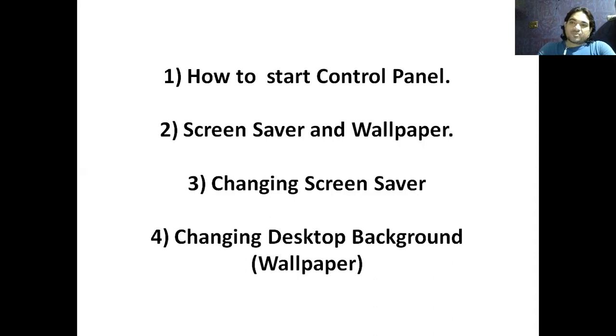Screensaver and wallpaper, many of you know how to do it. Just like on your mobile phone, how you set a backdrop, the same way on the computer also, you right click and then you get the option to make the screensaver and the wallpaper. Changing the screensaver you are also very familiar with. Mobile phone and laptop both have the same features. Daily you are changing, hourly you are changing. It depends on how you want to change the screensaver. Changing the desktop background wallpaper: on your desktop you must have seen different backdrops. Even that you can change. Either you can download from Google and set it. It depends how you want to do it.